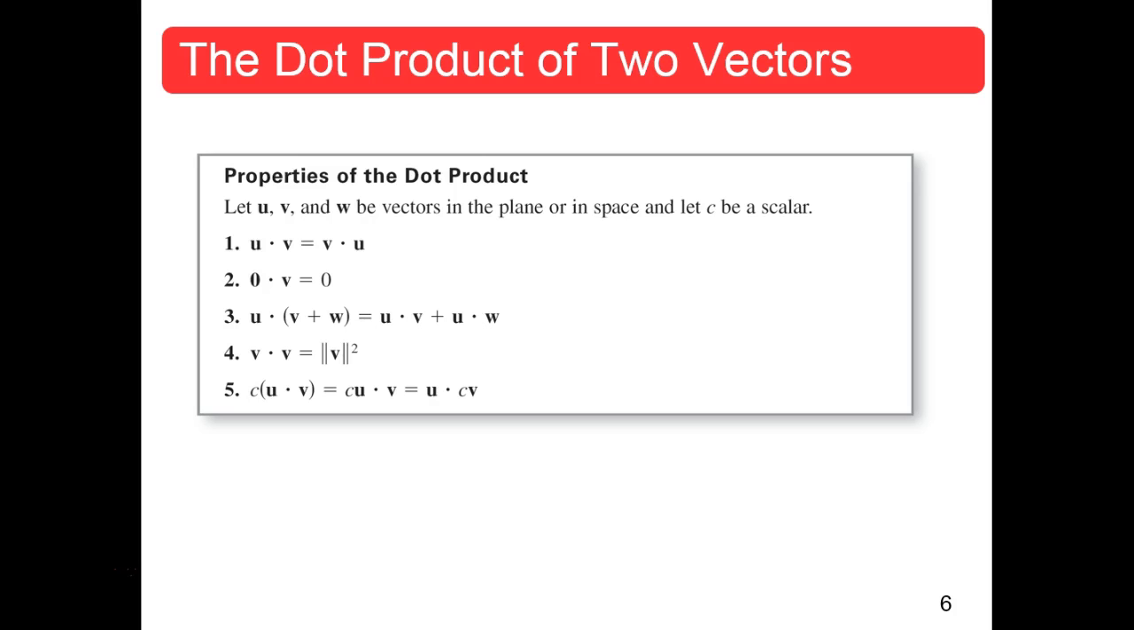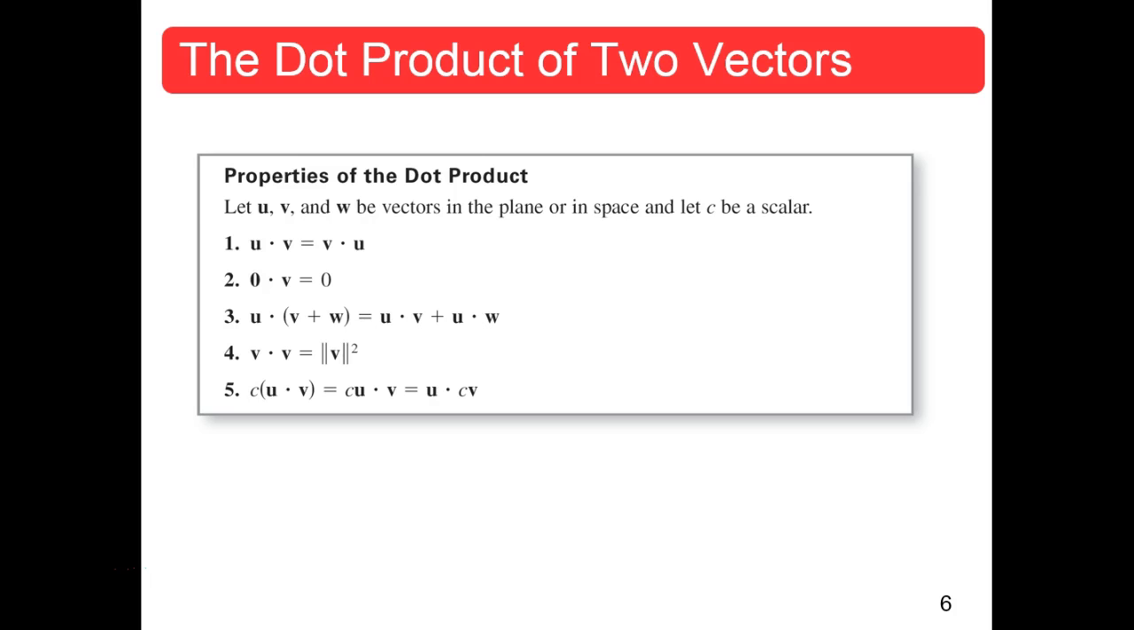Well, let's see. That would be V1 times V1 plus V2 times V2. That's V1 squared plus V2 squared. Well, that would be exactly the square of the magnitude of the vector. Yes, that makes sense. And then finally, if you distribute a scalar multiplication,